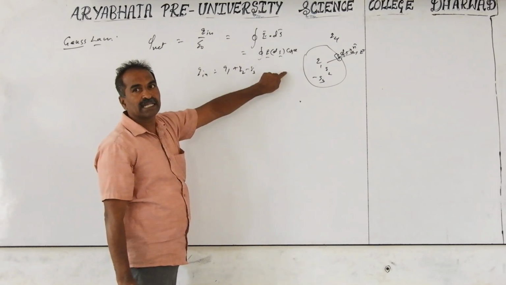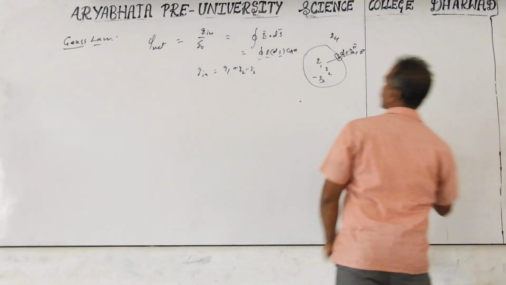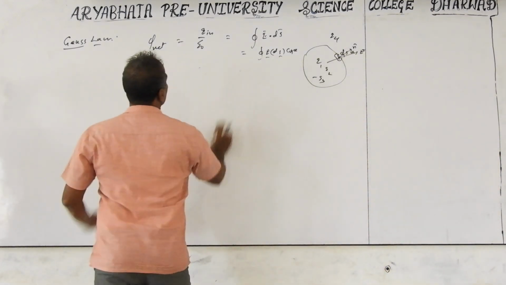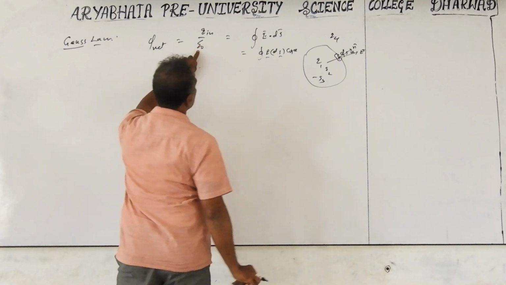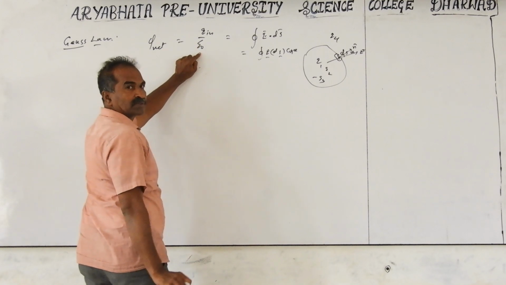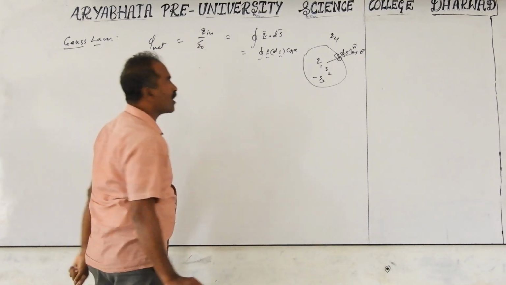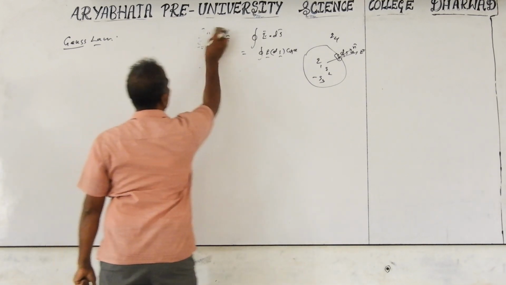Already we have discussed the electric flux and electric field relation. Next, this is the vacuum case. If Gauss law is asked for a medium, not in the theory examination but only for competition, and any medium is present inside the surface, then epsilon naught is multiplied with epsilon r or k, the dielectric constant.